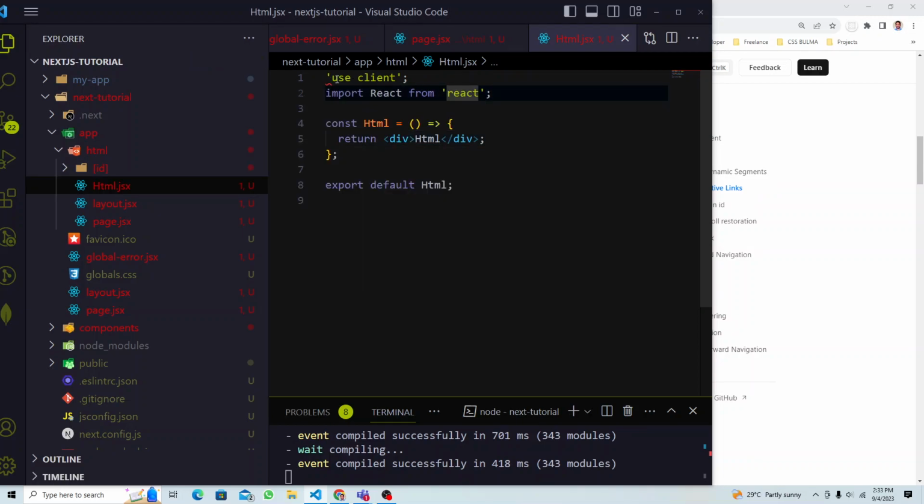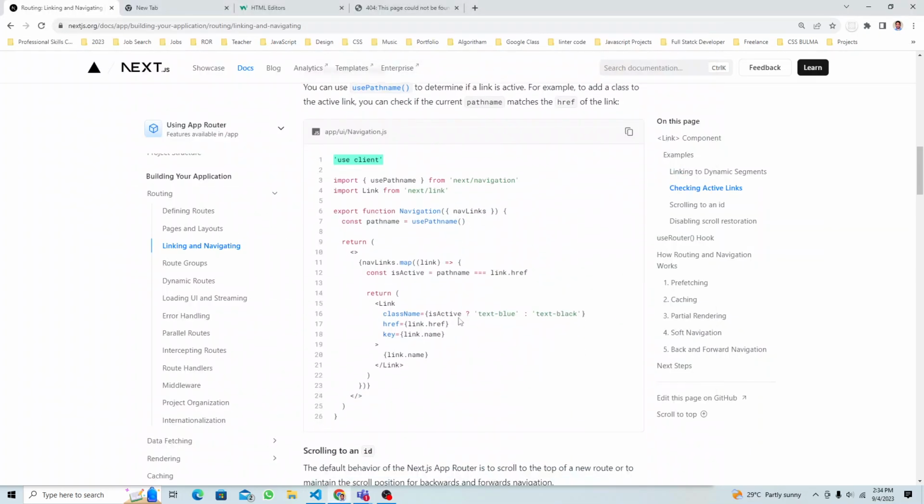Okay, I just put use client here. Now you can import any hooks. So same hooks we had, usePathname, right? You can do that, and let's see how it is used now. So you just have to call this, usePathname, like this. This is the hook. You just call that,